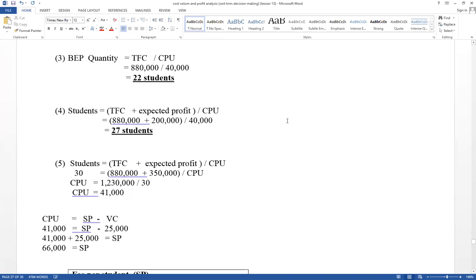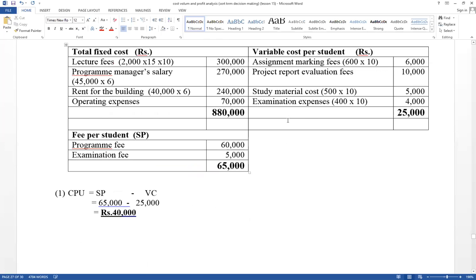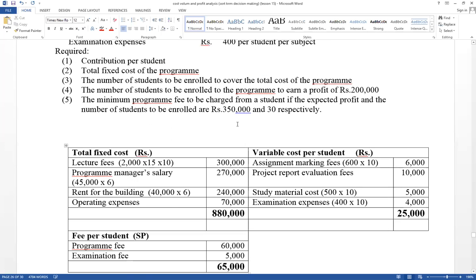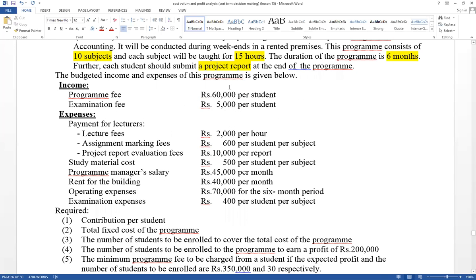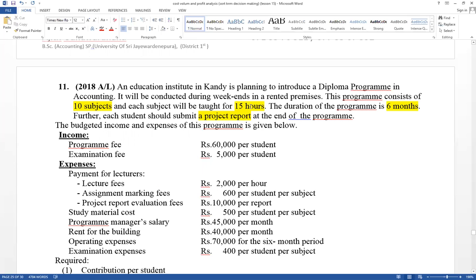Very important thing, you have to know how to recognize variable cost and fixed cost. When we are going to recognize variable cost and fixed cost, think about